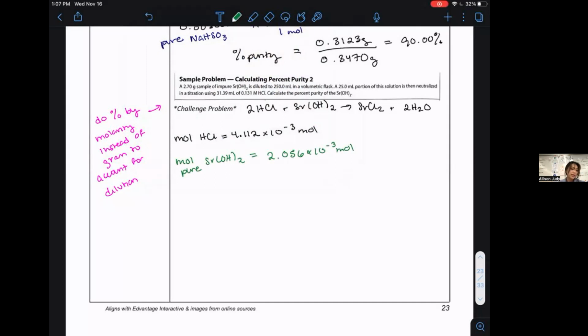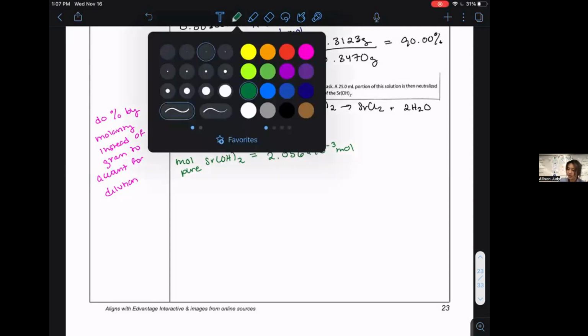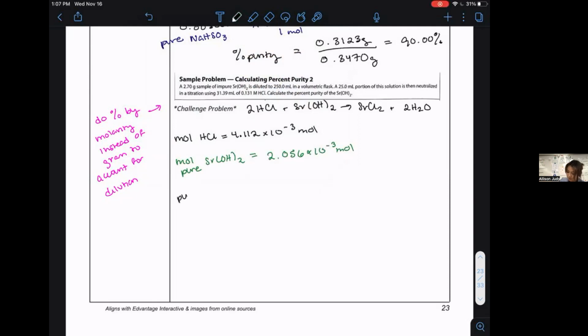Then what you're going to do is, you're given the respective dilution values. So instead of trying to dilute and then calculate to grams, you could just calculate the molarities of the respective impure versus pure sample of Sr(OH)2, and then compare the percentage, right? So put pure molarity over impure molarity. So what you do then is you say, well, pure Sr(OH)2 is equal to 2.056 times 10 to the negative third moles per